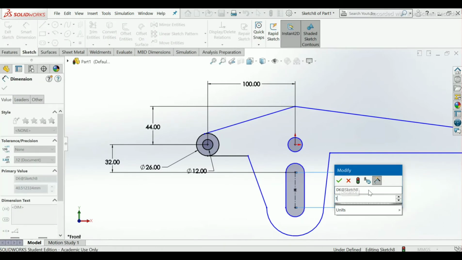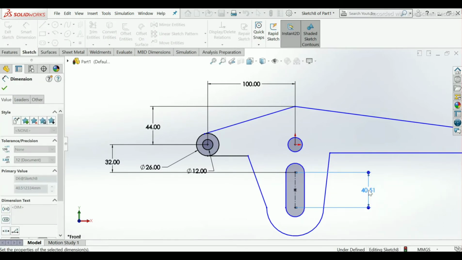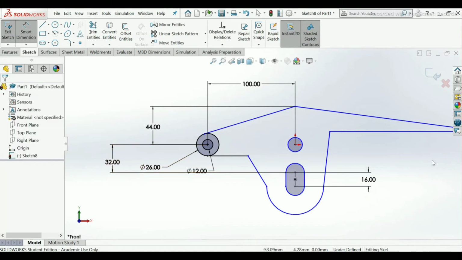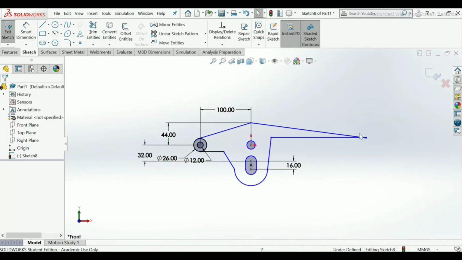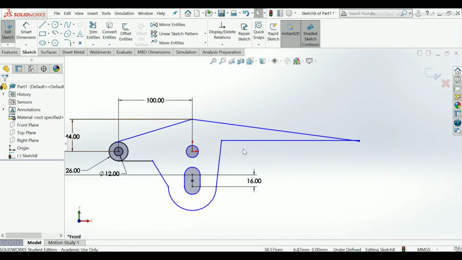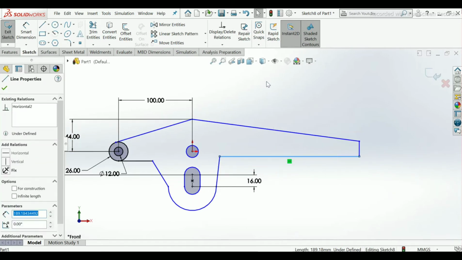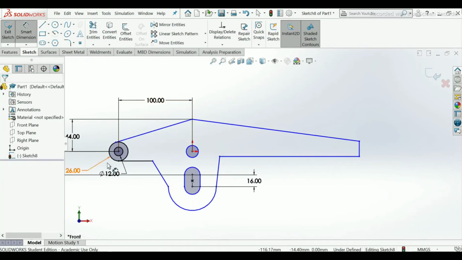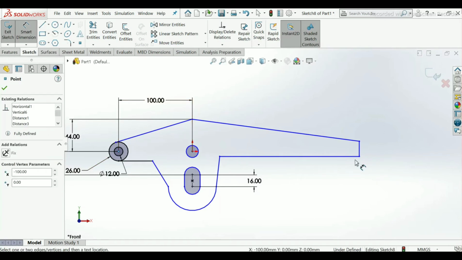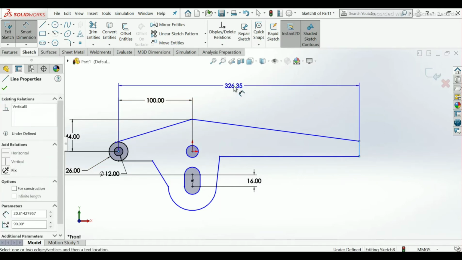Give the dimension for slot. Now give this whole dimension. Select this point and this.